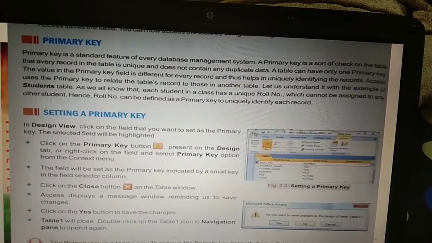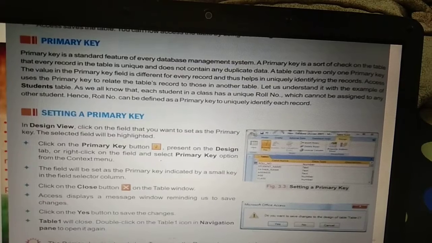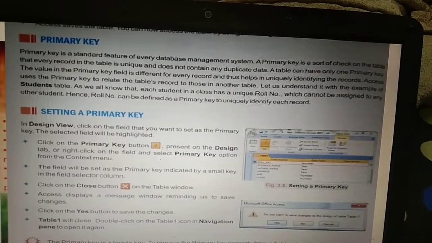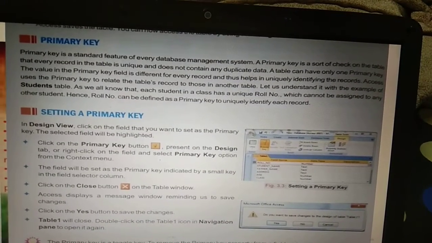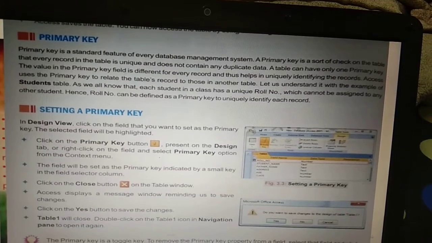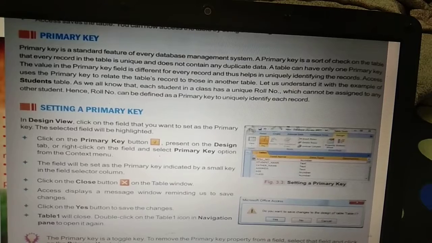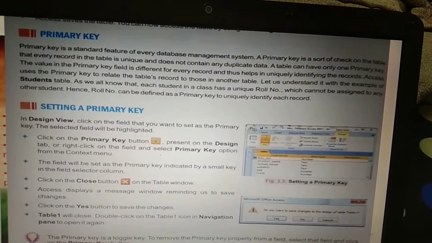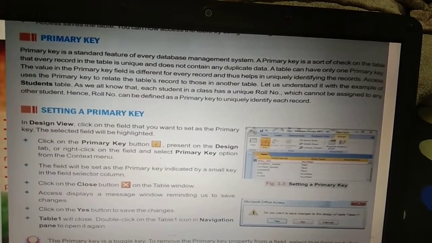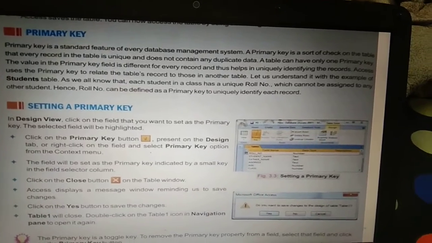Every table can have only one primary key. The value in the primary key field is different for every record, and thus it helps in the unique identification of the record. So this is the importance and introduction of the primary key.